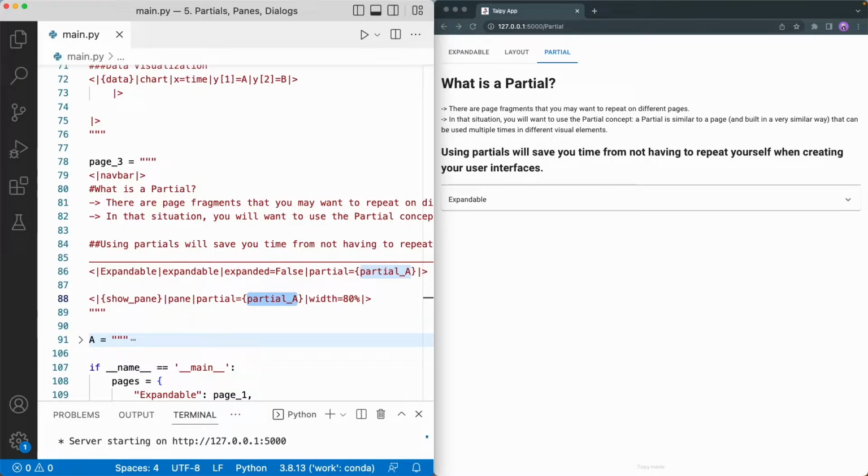Let's now add a button to trigger the display of our pane. Here's the general syntax of adding a button.